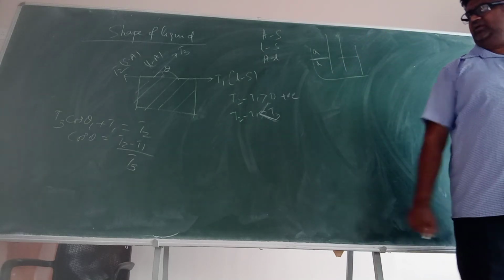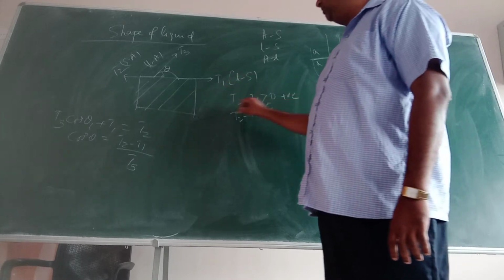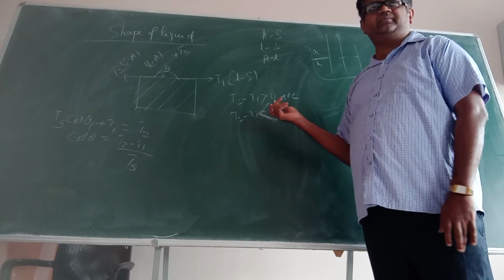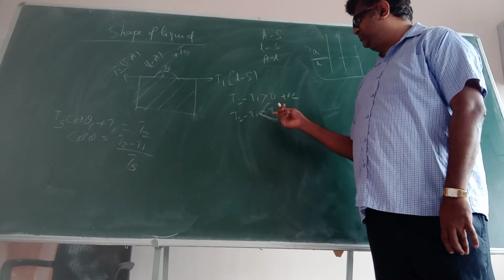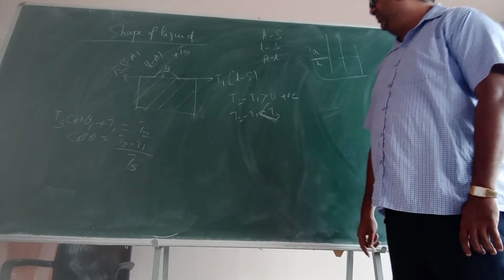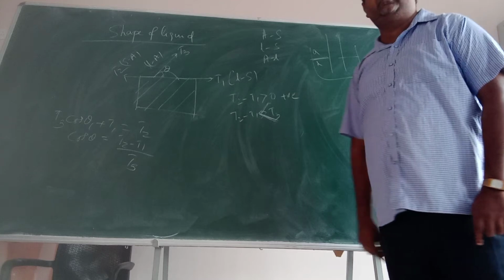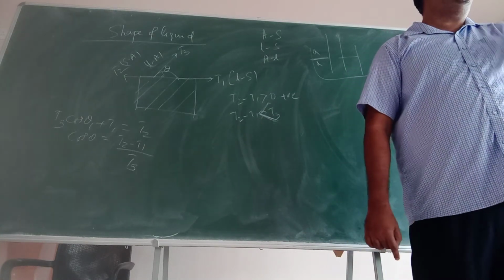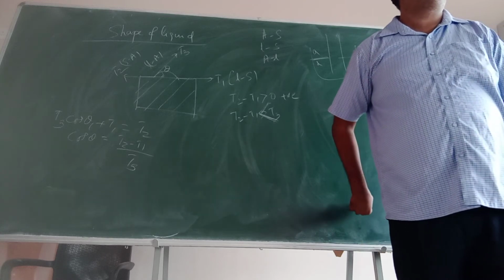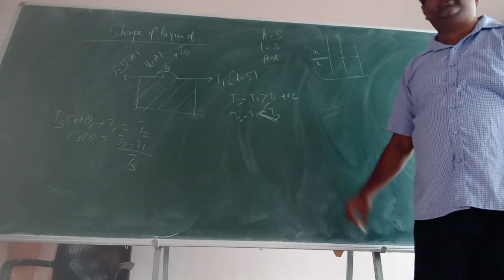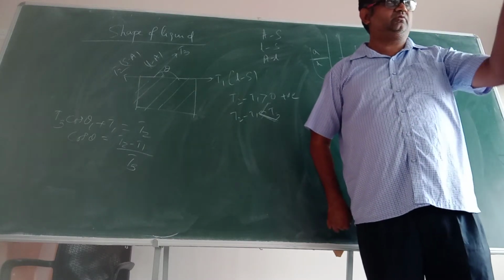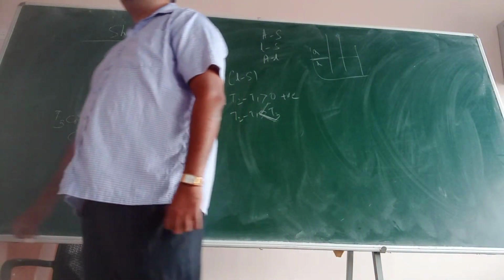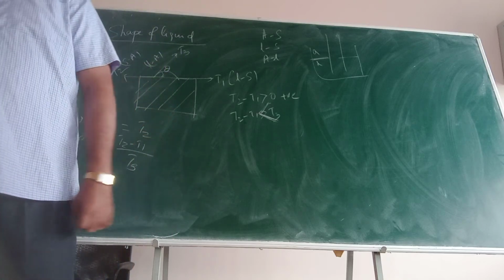Agree? Now let us say T2 minus T1 was positive. If this is positive, this also has to be positive. T3 cannot be negative, no? So T2 minus T1 is positive. What can we say? It is positive by positive. Cos theta is positive. If cos theta is positive, which quadrant will the angle be in? Get up. First quadrant, second quadrant, third quadrant, fourth quadrant. You know what is a quadrant?